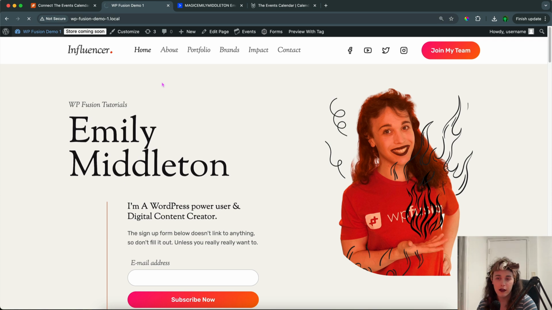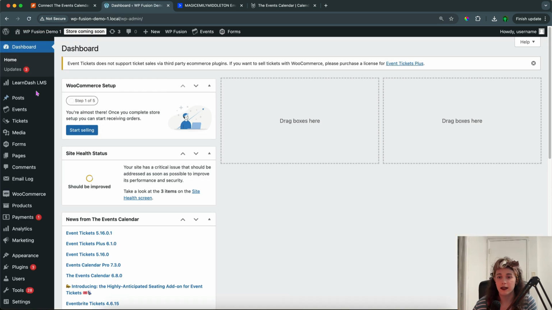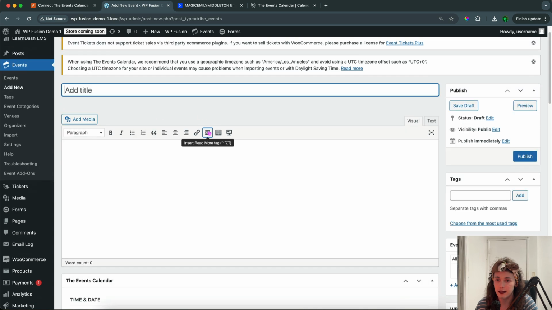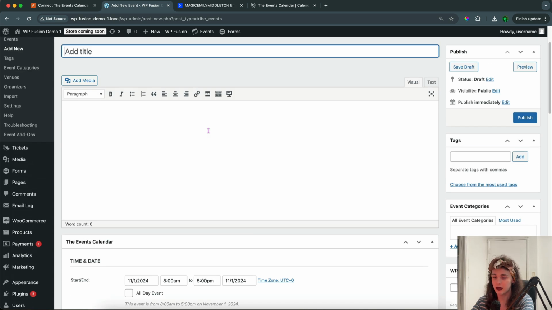On the back end of our WordPress website, I have both The Events Calendar and Event Tickets installed. So if I go to Events, Add New, let's take a look at some of the settings that WP Fusion adds to these events. So if I'm hosting a Halloween event,